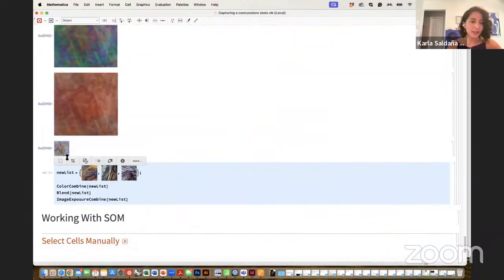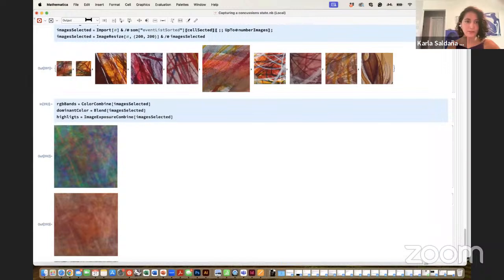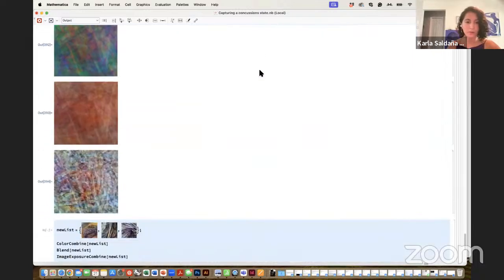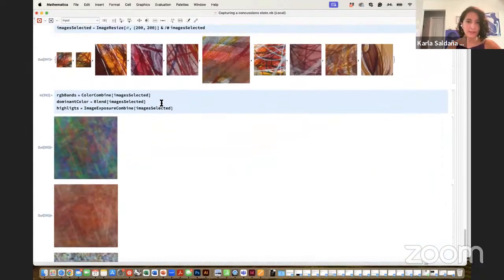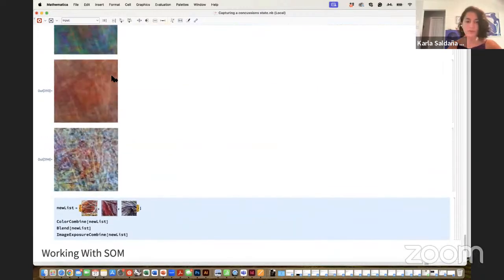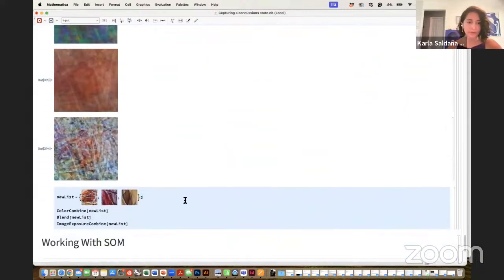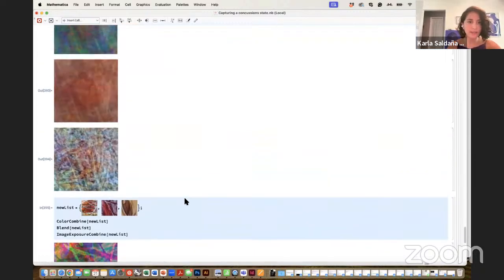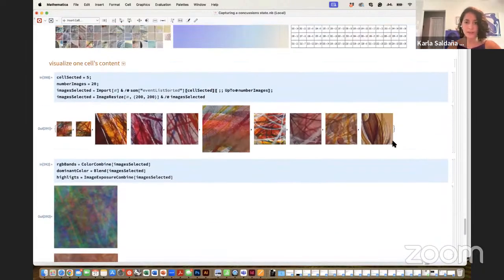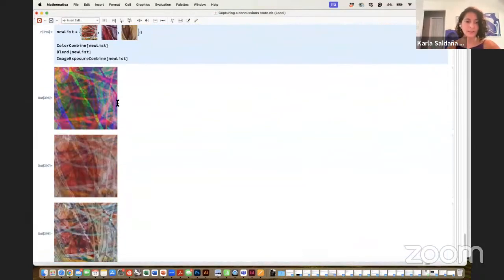We can also play with something much more, let's say, guided. From the list that you're looking at, there may be just very few images that you would like to keep working on. For example, this could be one. You just replace it here by doing copy and paste. You can copy this one and replace it over here. You can do as many as you want. For example, here I'm going to do this one. Then you have the same process that we did with all the images included in our cell exploration, but we're going to do it with selected images.